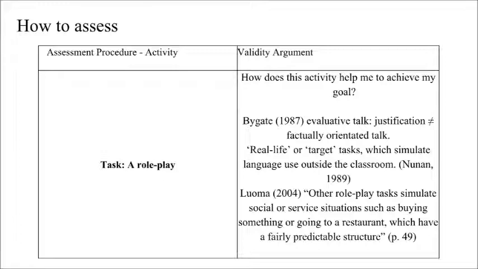So how does this activity help me to achieve my goal? According to Baggett, in 1987, he argued for two different types of talk in speaking assessment. He differentiates between evaluative talk and factually oriented talk, and he mentions that it is important to make this difference because when students are speaking, they are doing different mental processes in which they can express themselves orally. For example, it's not the same to justify as to describe. So in this case, this role play is an evaluative